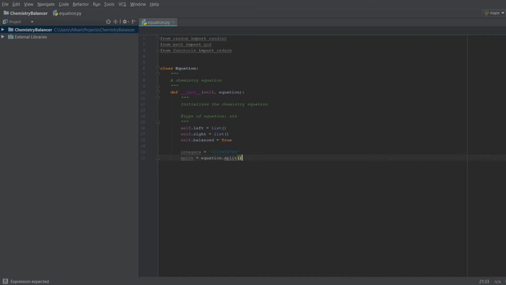And the equation is going to split on this string. Now, just to be clear, in this program, when we do a chemistry equation, it's going to look something like this. This is just a temporary little note that I'll do. So if we want H2 gas plus O2 gas equals water, this is what the equation is going to look like. We have H2